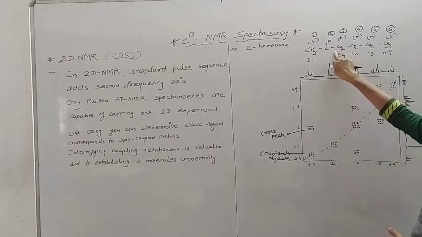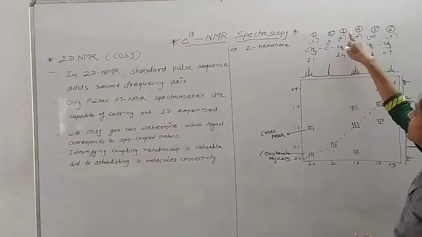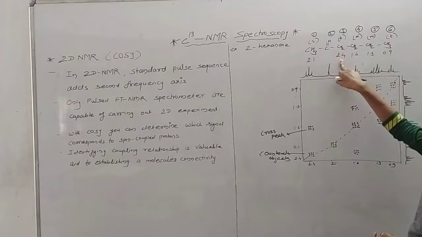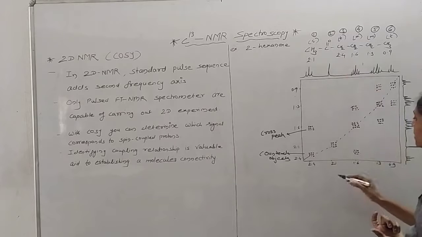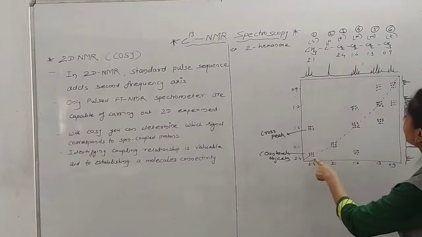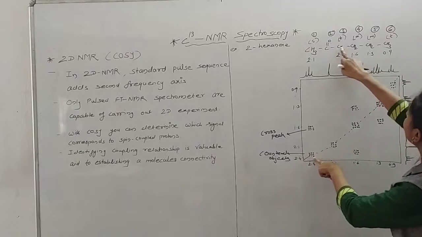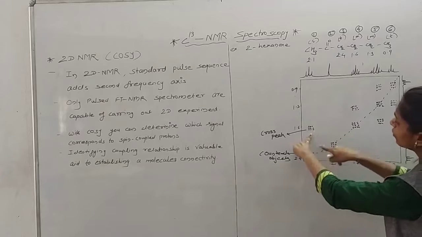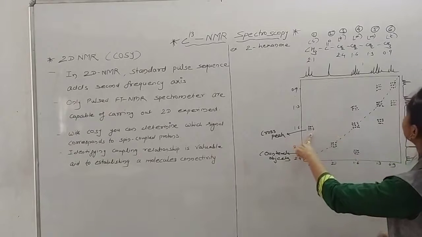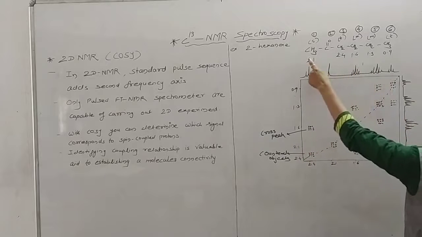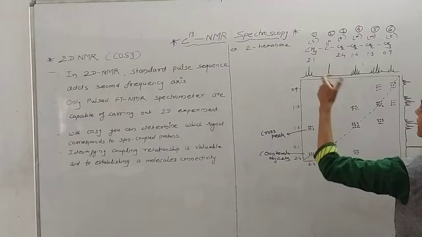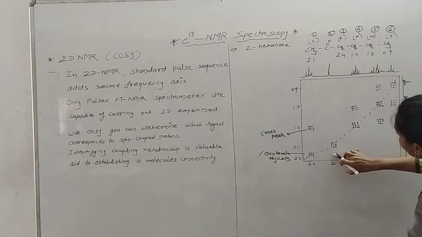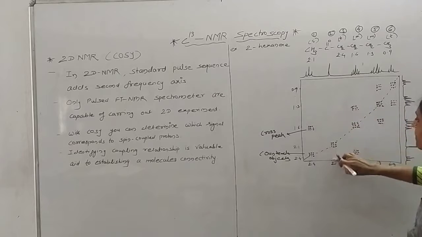According to this we can show the connectivity. Now this CH2 group which is at C3, that means we give the numbering, it's C3. This CH2 gives the peak at 2.4. Now its connectivity with 1.6: this cross peak shows that 2.4 is connected with 1.6 here. Next one is the CH3, which shows the singlet at 2.1, and on this line there is no connectivity, so no cross peaks are observed here.